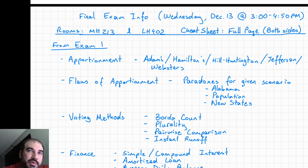Question is, can I just use the 3 flashcards from before? And the answer is yes. If you have your flashcards for the first 3 exams, you could just use those 3 flashcards. You cannot, however, use all 3 flashcards and a new sheet of paper. So it's one or the other. So it's full page, both sides, or